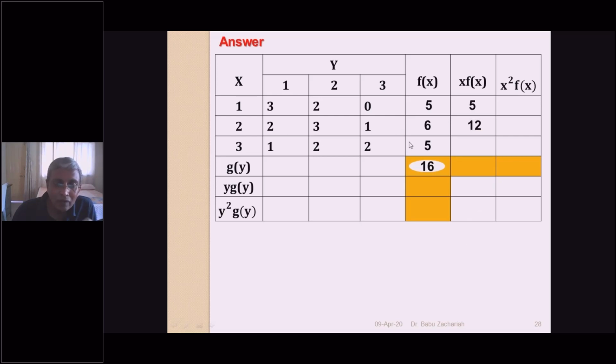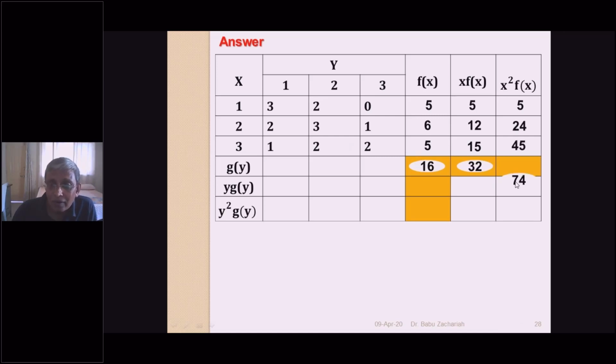3 into 5, it's grand total. So this is 32. Now x square: 1 square is 1 into 5, 5. 2 square is 4 into 6, 24. 3 square is 9 into 5,